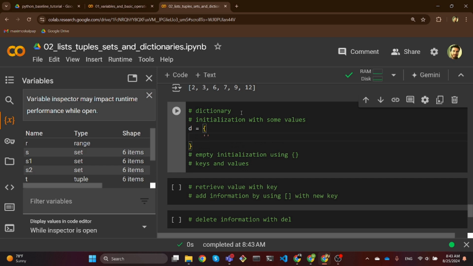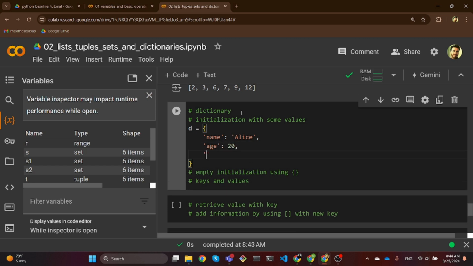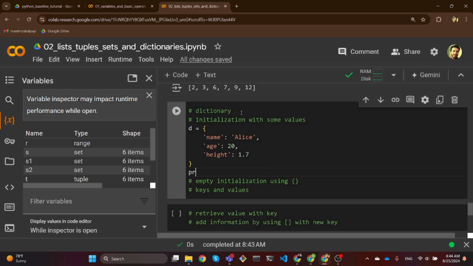We now have to give two components. So for example, we can have a field that is like name, which is, I don't know, Alice. We can have another field that's like age. Let's say the age is 20 or whatever. And let's say that we have another field that is height. So this could be like 1.7 meters or whatever. Okay, so now if we print